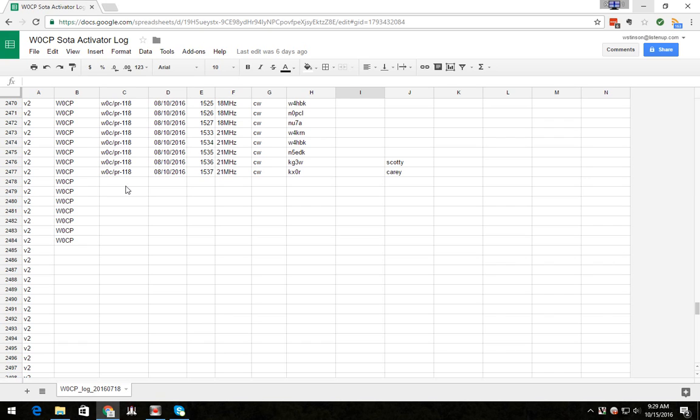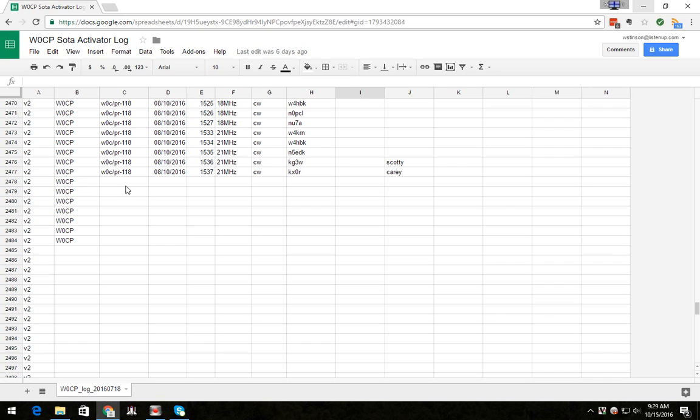I'm going to go through the entire process, and it might get a little tedious, so if you think you understand and want to skip forward, go ahead and do that. This is really set up into 3 parts. First is setting up the spreadsheet, which is pretty straightforward. The second is entering the data, and the third part of this video is uploading the data into the SOTA